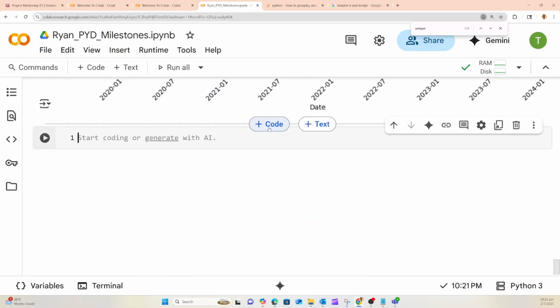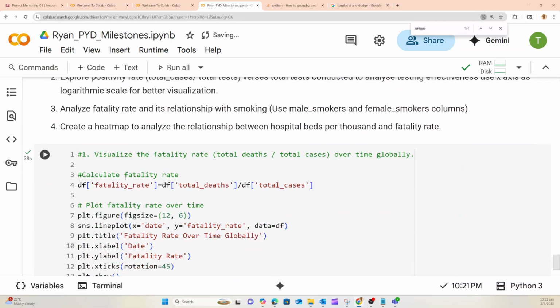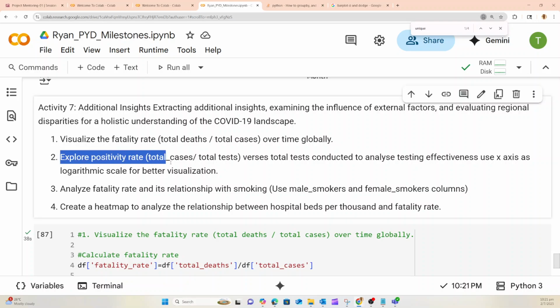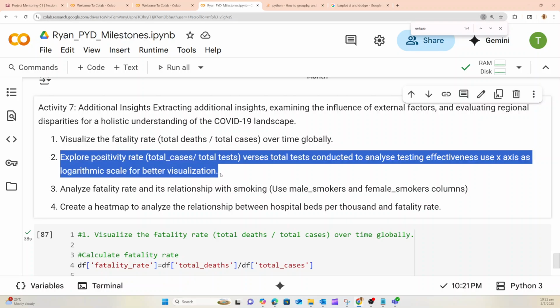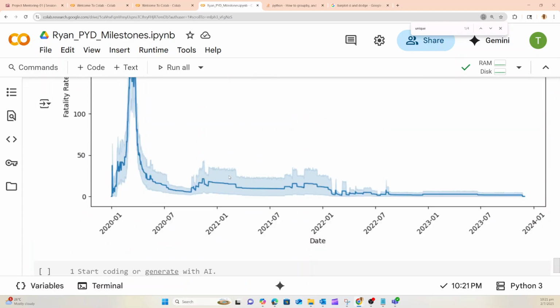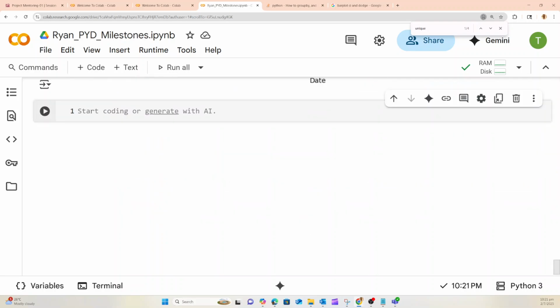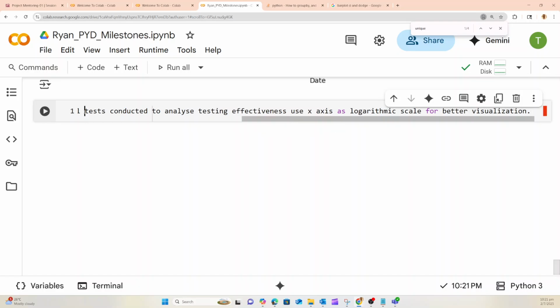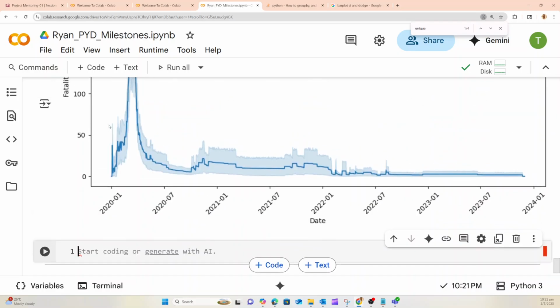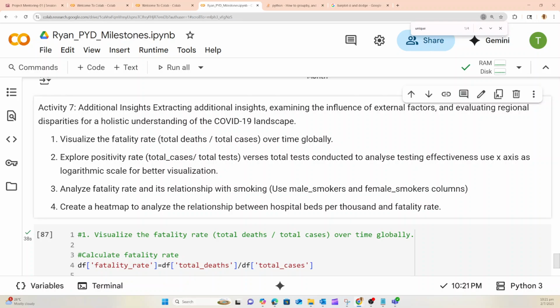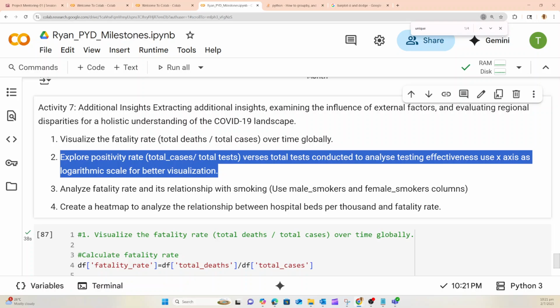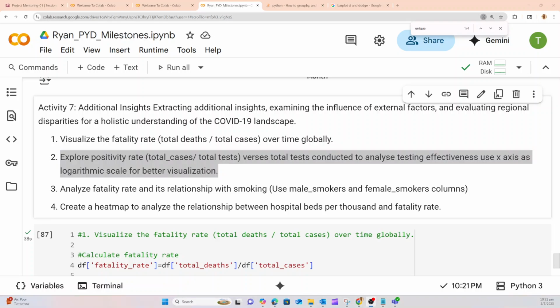Okay, continue with number 2, which is to explore the positivity rate. Positivity rate is the total cases divided by the total tests.